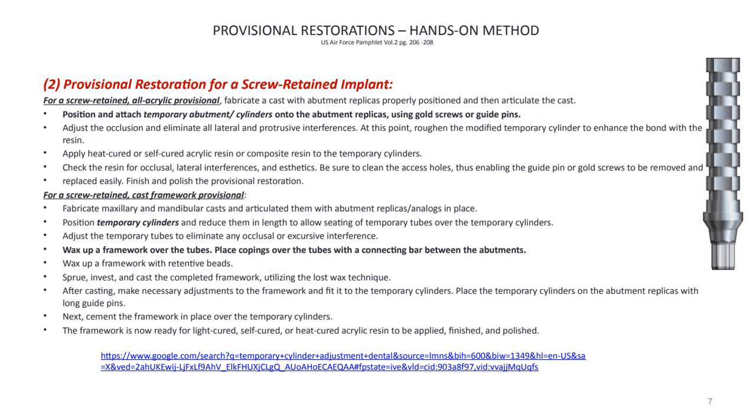Okay. Adjust the temporary tubes or the temporary abutments to eliminate any occlusal interference. Okay. Wax up a framework over the abutments and place the copings or the wax ups with a connecting bar